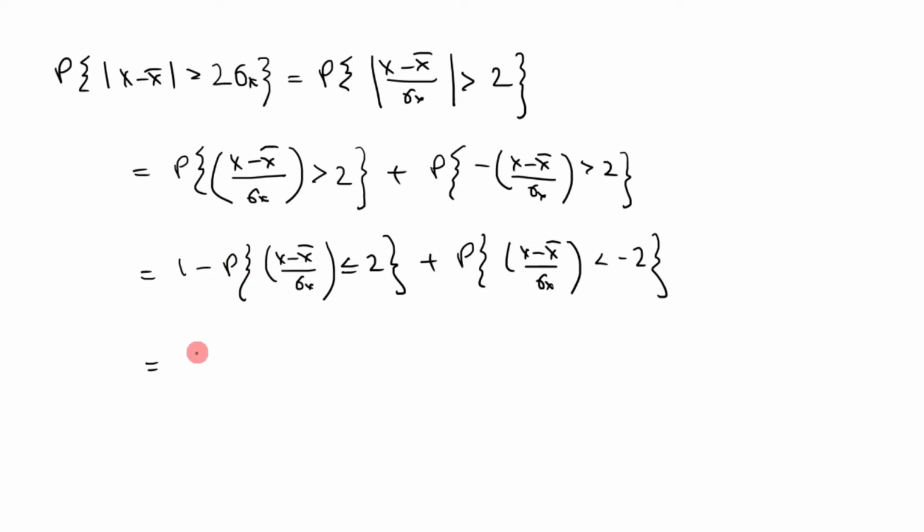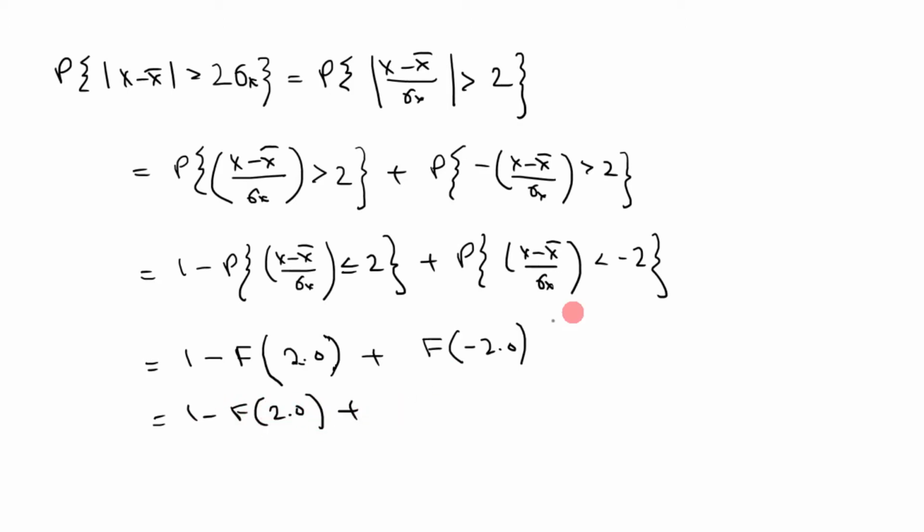Now I can write this probability as 1 minus F of 2.0, because here we have x minus x bar over sigma x. We can evaluate using the table of unit variance and zero mean Gaussian random variable, and here we have F of minus 2.0. So here 1 minus F of 2.0 plus this can be written as 1 minus F of 2.0. This thing is equal to this thing,